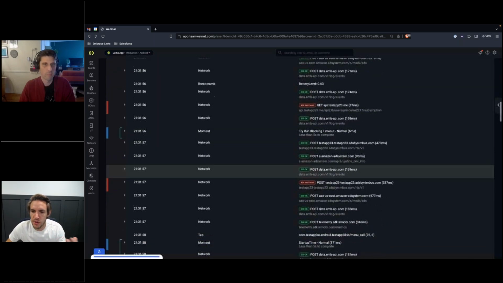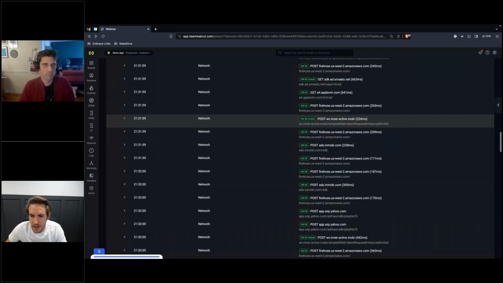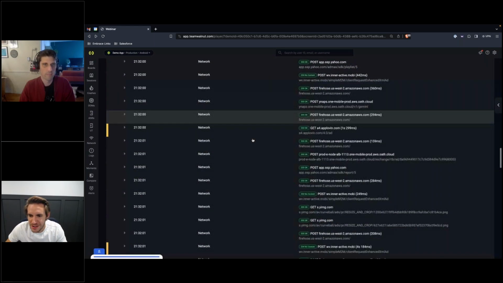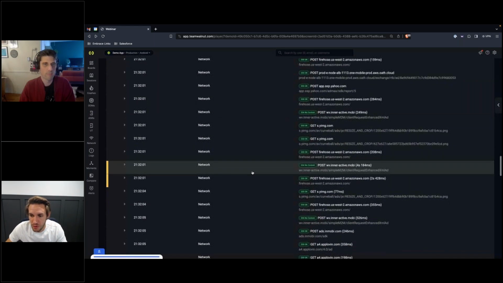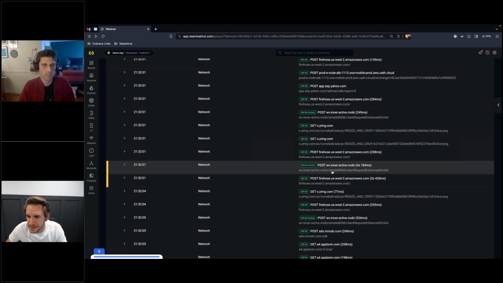So it allows you to gather all that information and then highlight it inside a user timeline. Where I'd like to go next is to show you some of the performance and how we can track performance. As you can see, we're tracking all these network calls, and I see this is an ad SDK in this case, but I can see this call took 4 seconds.